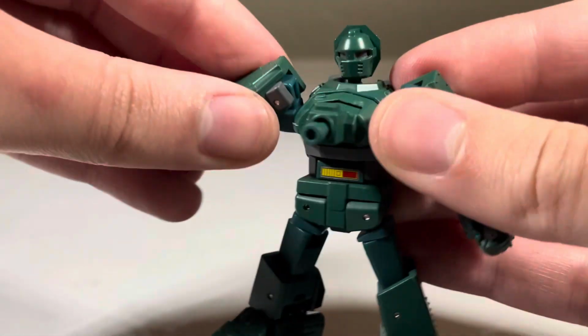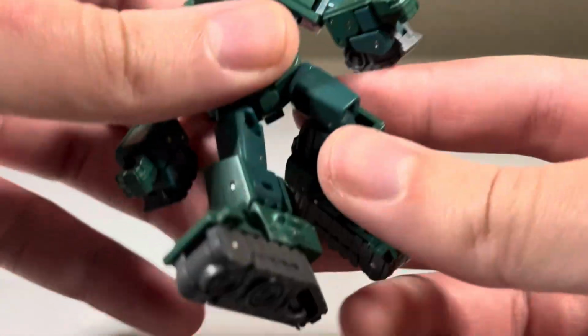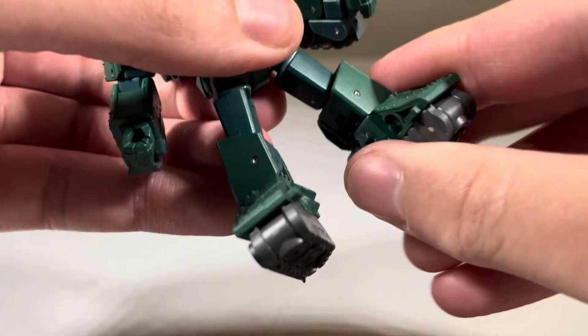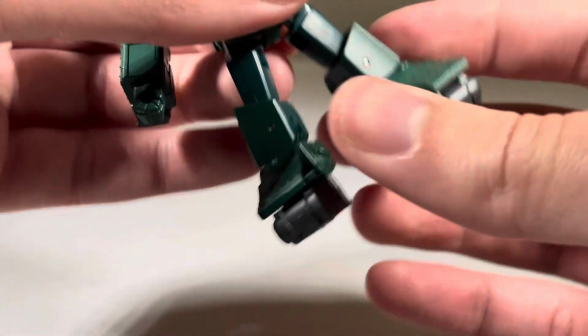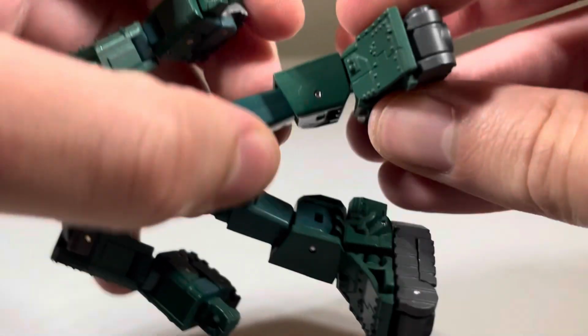I'll talk more about that later too. He's a very basic 90-degree knee bend, kind of disappointing. Thigh swivel, which is thankfully not loose. This hip is annoying because everything else is super tight, and then unfortunately the ankle, this is